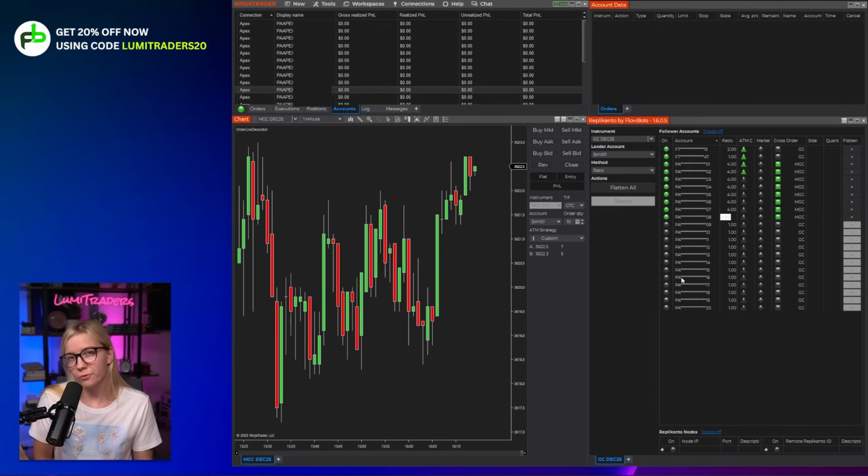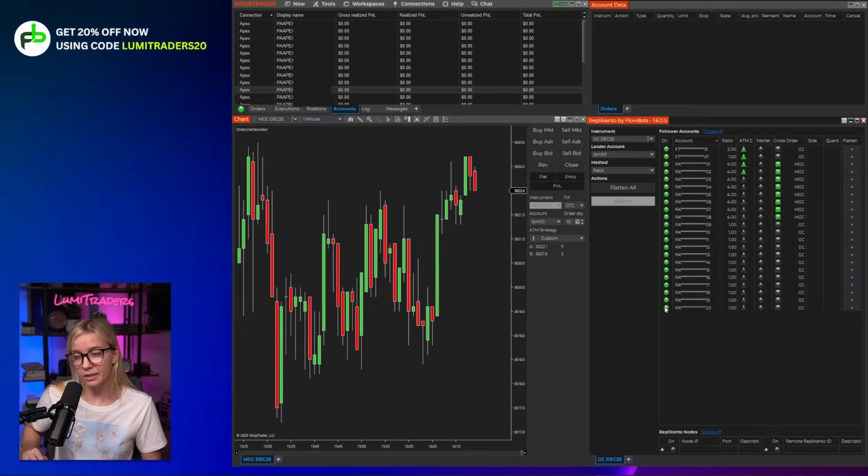So I'm absolutely in love with Replikanto, so I have choice. Actually, I can copy as many accounts as I want. I can copy my ATM strategy. I can adjust the amount of contracts and instrument. If I want to trade some on minis, some on micros, it's very useful and very helpful here to set this up. Once again, I can use all accounts, but the only issue with Replikanto here is